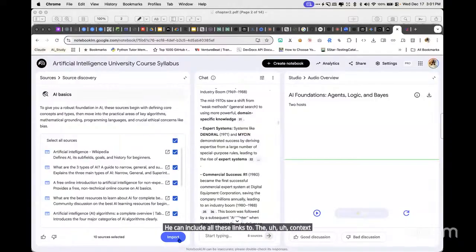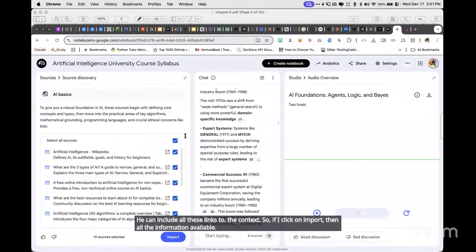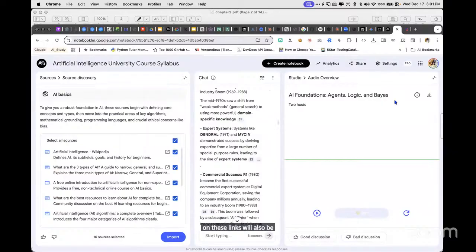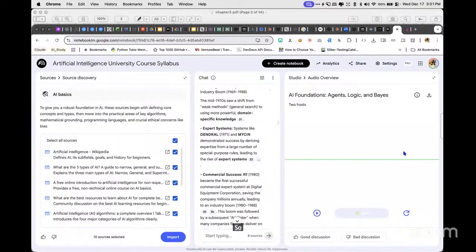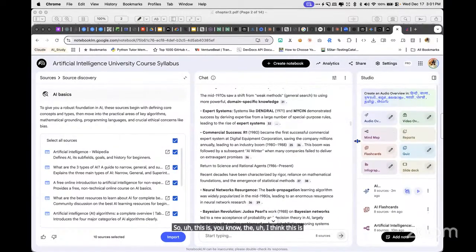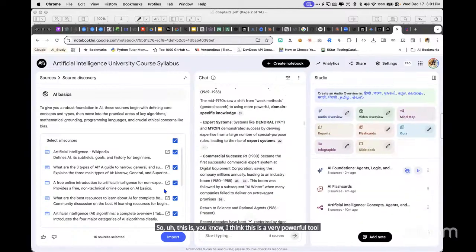So if I click on import, then all the information available on these links will also be included. And if I regenerate the audio overview again, then that audio overview will be with this new information also. I think this is a very powerful tool if someone uses it right, to understand a topic more, or to explain it in a very easy way to the